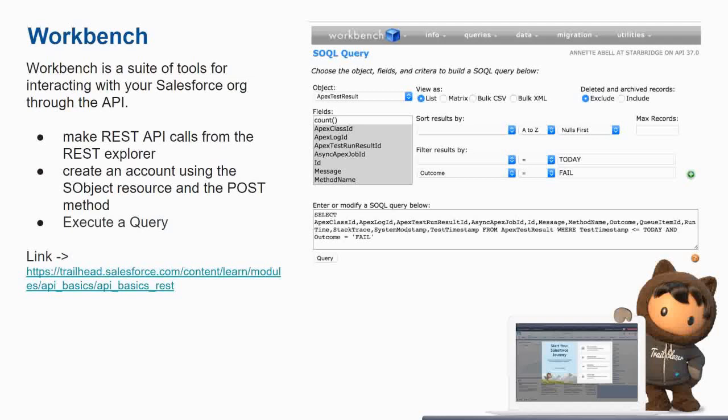You can write queries, and not only queries, you can also call Apex classes using POST and GET. You can do multiple things. It's a tool to assist you in your task. It's not just for queries; you can also use it for REST calls, SOAP calls, anything. You get the idea.